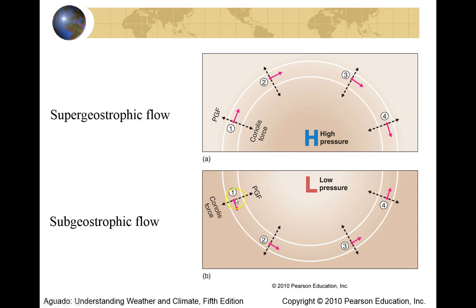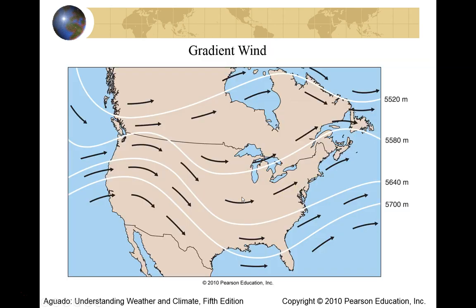And so one of the more famous upper level winds we'll be talking about later is called the jet stream in chapter 8, and it'll be very easy to identify because it's such a fast moving wind. It typically stands out in regard to other winds around it. This is what upper level winds look like